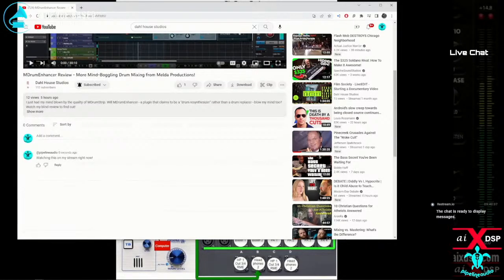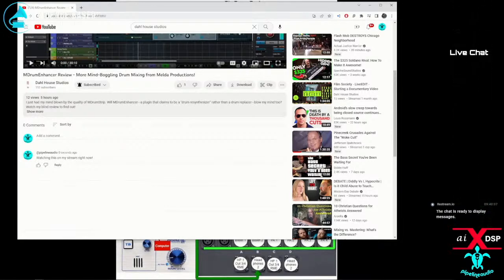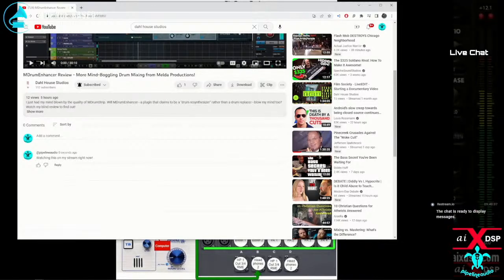All right, so I got some mix prep or recording prep, whatever, to do, and I'm looking at the template that I used to mix the last song by this band. But now I'm thinking I'm going to go cold, totally different, and maybe try Melda's drum replacer instead of Steven Slate's Trigger and SSD5. One of the troubles with Melda's drum replacer is I can't find a way to fire it with MIDI,